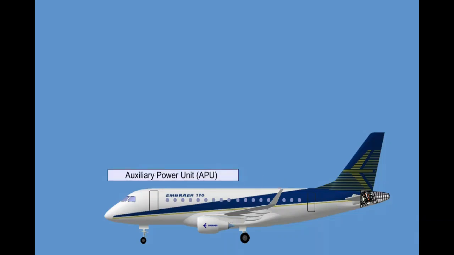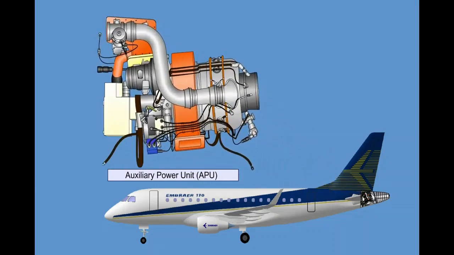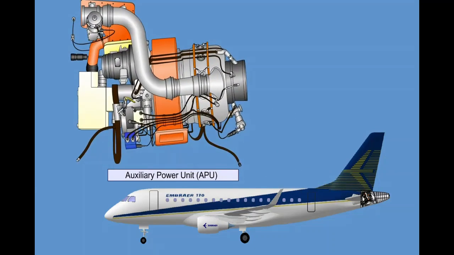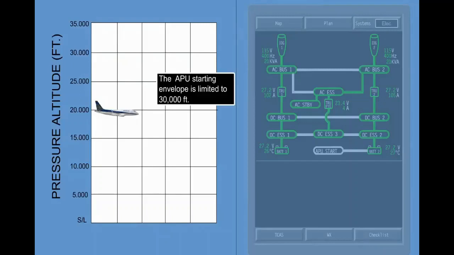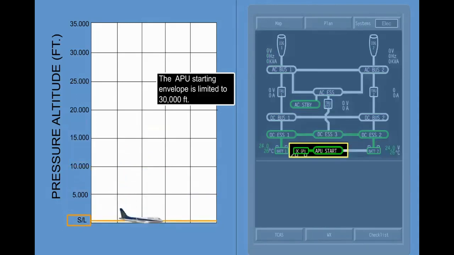Ang Auxiliary Power Unit or APU is a gas turbine engine designed para mo-deliver og electrical power and bleed air sa atong aircraft o sa iyang systems on ground or in the air. Iyang starting envelope is limited lang to 30,000 feet. Auxiliary power unit starting may use either the onboard battery 2 or ang power gikan sa direct current external ground